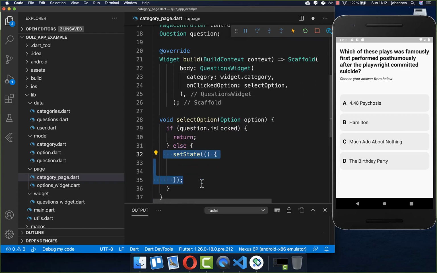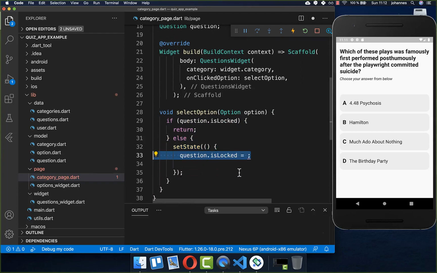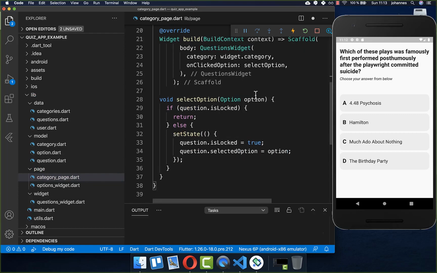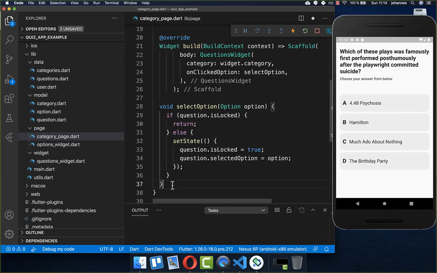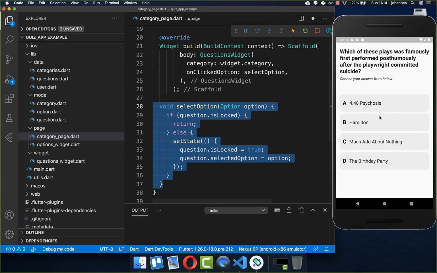And therefore we simply return here if the question is locked, otherwise we are allowed to change the option. So I add the setState, and I put the question's isLocked to true if we have selected an option. This will make sure that if we have selected our first option, then we cannot select another option after it. And secondly, we put question.selectedOption to the current option which we have selected. So our question itself also has the field selectedOption, and here we always store the selected option of this question. And alternatively, you also can set this isLocked flag, and this will make sure that our option which we have selected is locked and we cannot change it anymore. And this is basically the whole functionality for selecting an option.